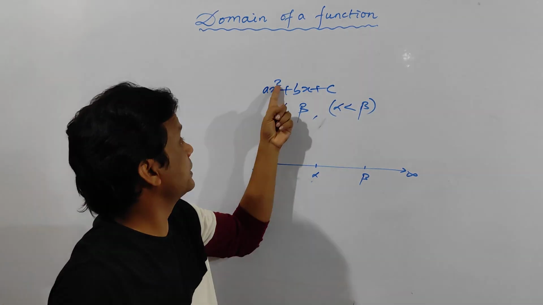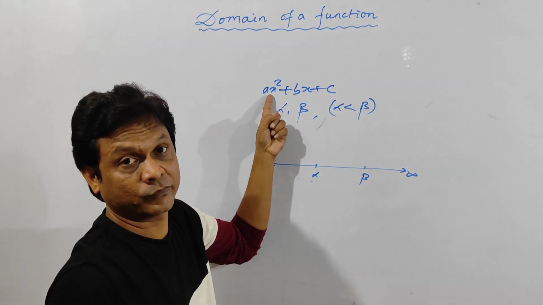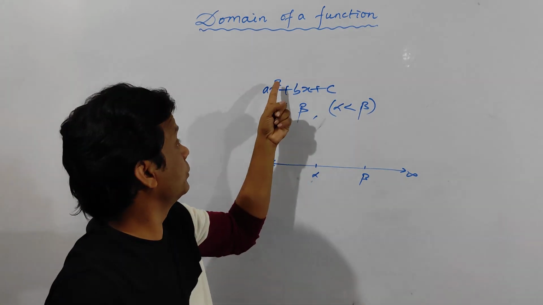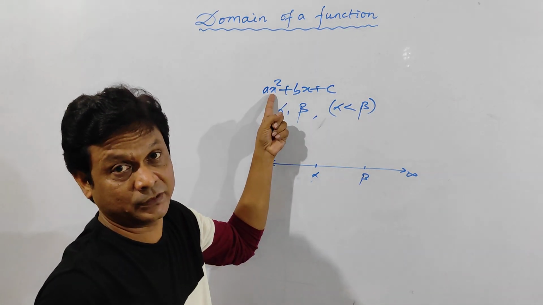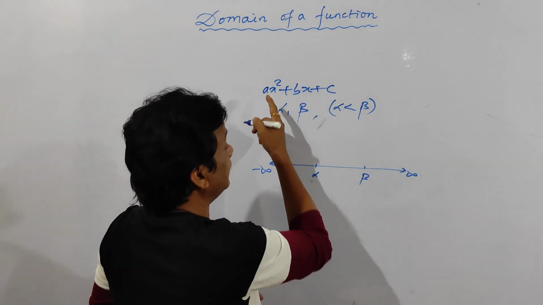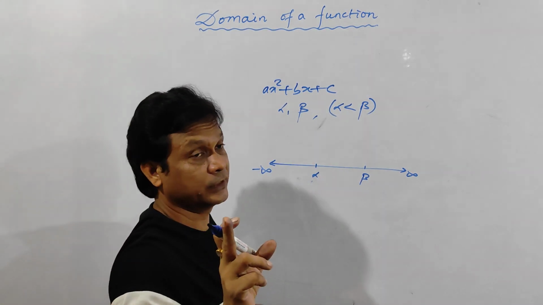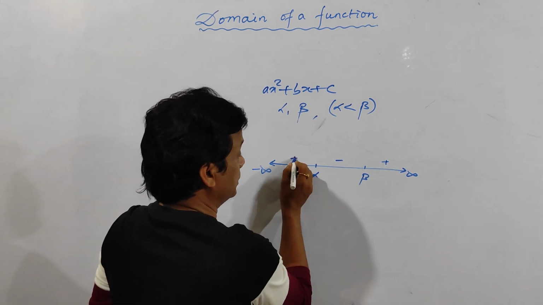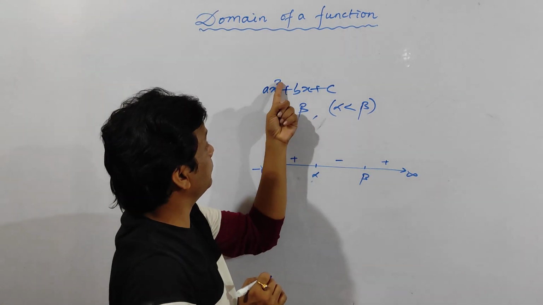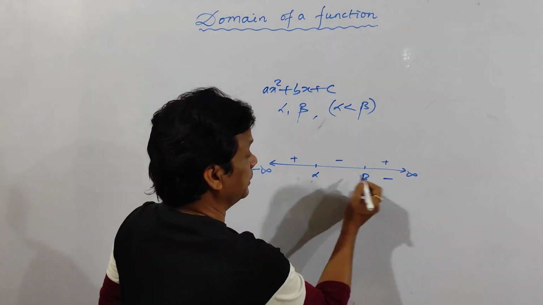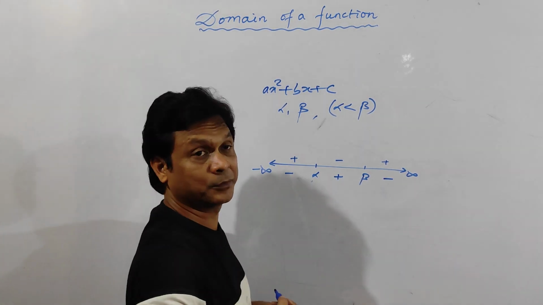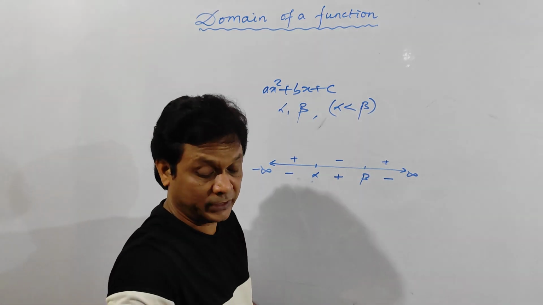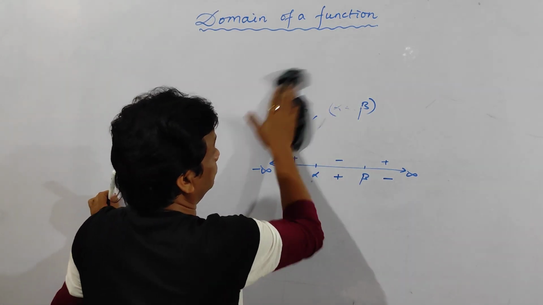Now, you should determine the sign of x square, whether it may be positive or negative. Clear? Let it be positive. So put a positive sign here, then negative, then positive. If the sign of x square is negative, then put negative, then positive, then negative. Then determine the region according to your requirement. I am giving an example. See here.